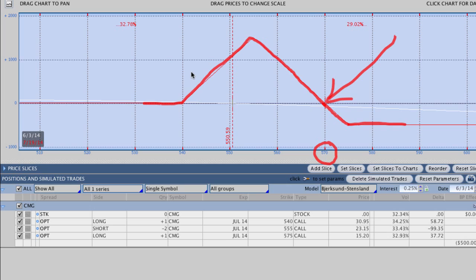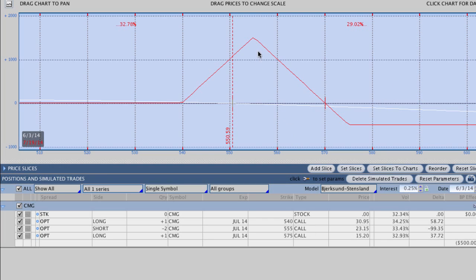And now you can see that on the downside, we have absolutely no risk to the downside, and kind of have this area between, say, 540 and 570 to make money on this trade. So this is really the range that we want Chipotle to be in by July expiration to really make some good money on this trade. Now, if it goes outside of this range, obviously that's okay, and we obviously lose money in that case, but